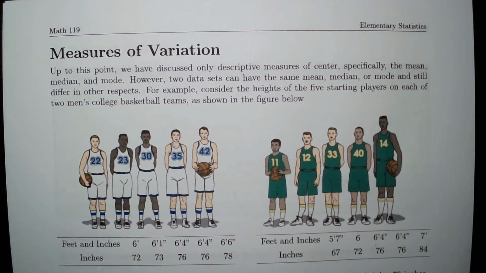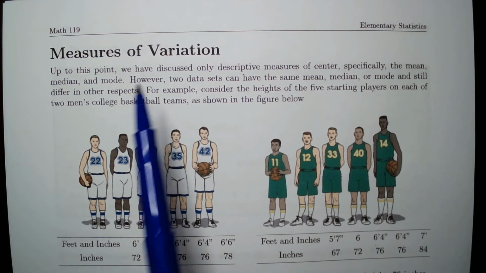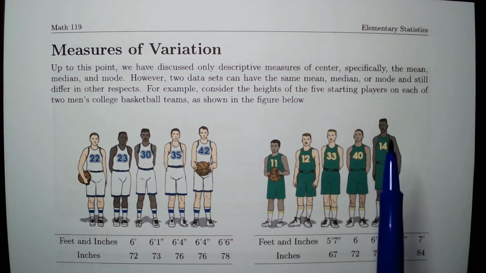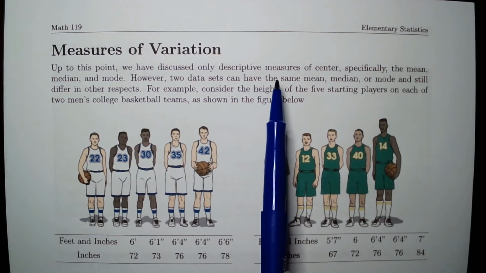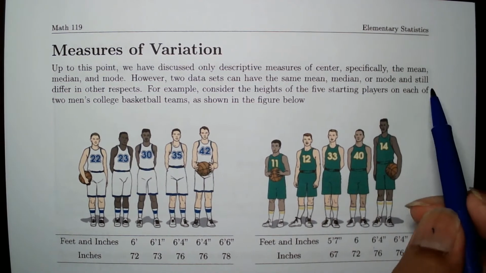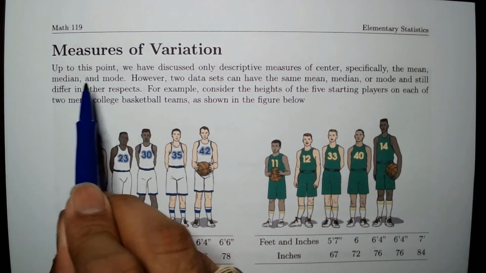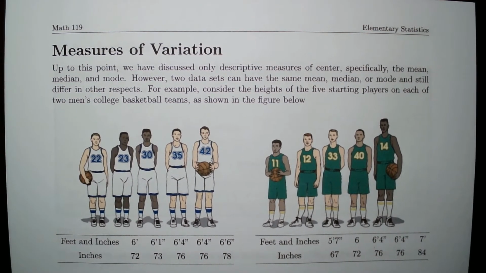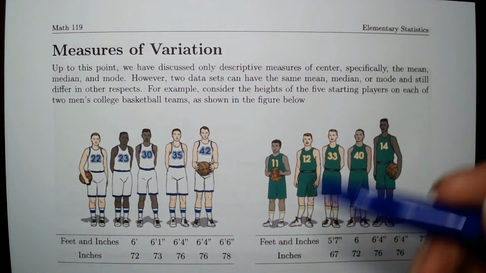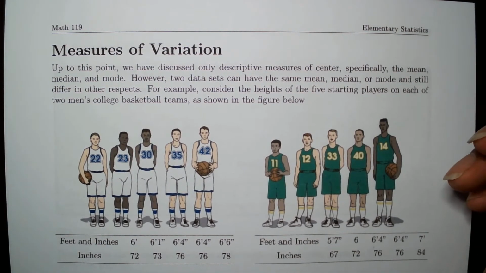Alright, so in this video we cover the second part of chapter 3, in this case, measures of variation. What we covered in the previous part were the descriptive measures of center, and the most important were the mean, the median, and the mode. However, there are other measures that we need to look at when we do some analysis,